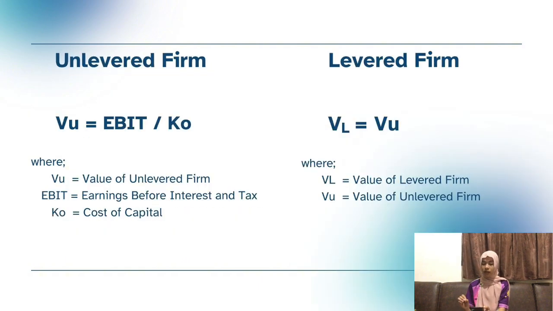So here is the formula for the unlevered firm and the levered firm. In the unlevered firm, we have VU equals EBIT over KO, same with the formula sa other approaches para mahanap yung value of firm. And then, in the levered firm, VL is equal to VU. Why is that? Let's go back sa proposition 1 ng Modigliani-Miller approach, wherein sabi dito, whether the firm is levered or unlevered, its total value is the same. That's their point. Whether it is with debt or without debt, its value is equal pa rin. So, let's look at an example to be more